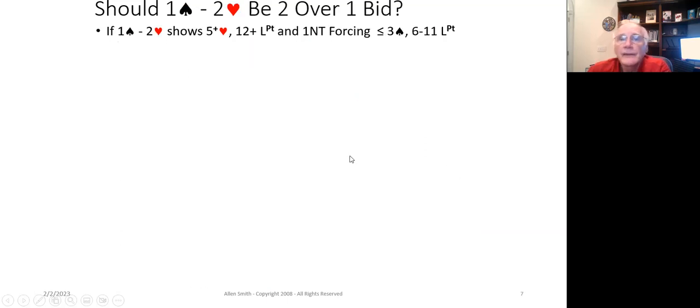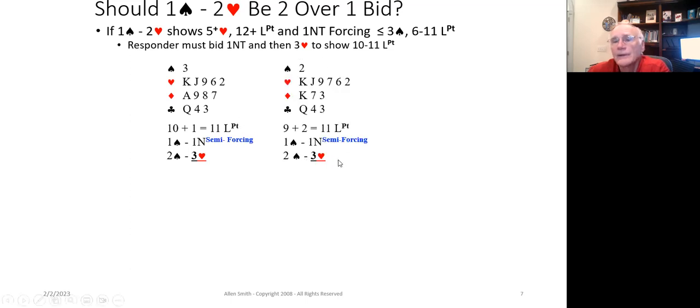Now let's take a look at the second one that I brought up. 1 spade, 2 hearts. Let's look at some examples here. 1 spade, 2 hearts shows 5+ hearts and 12+ points if you're using this as a 2/1 bid. Now the problem with this is, let's take a look at these two hands here. In both of these situations, if your partner, the responder, bids one no trump,